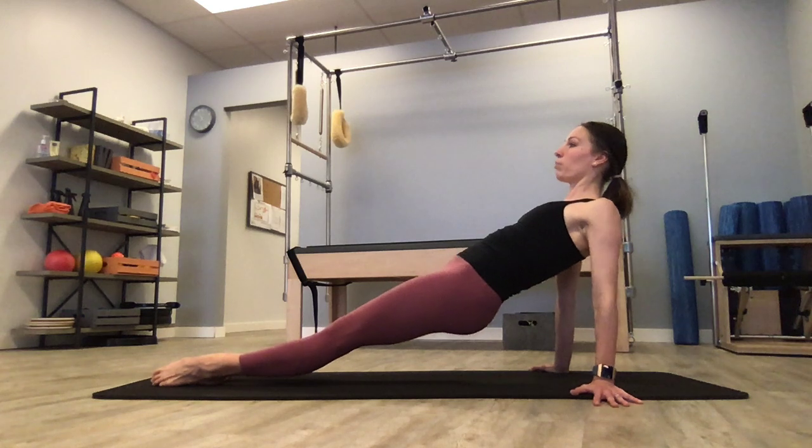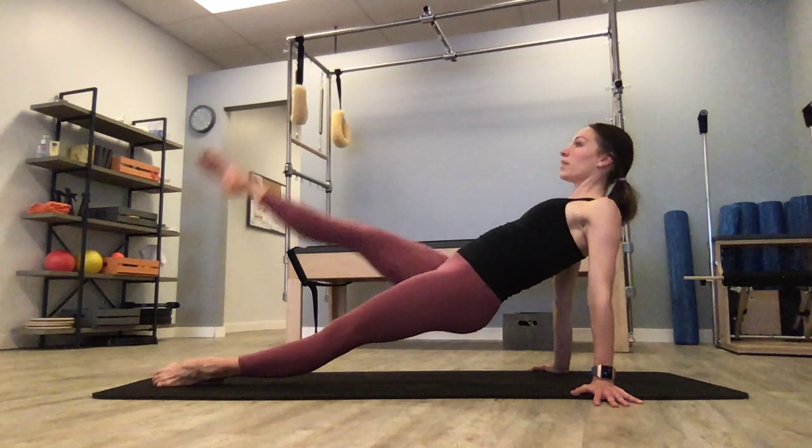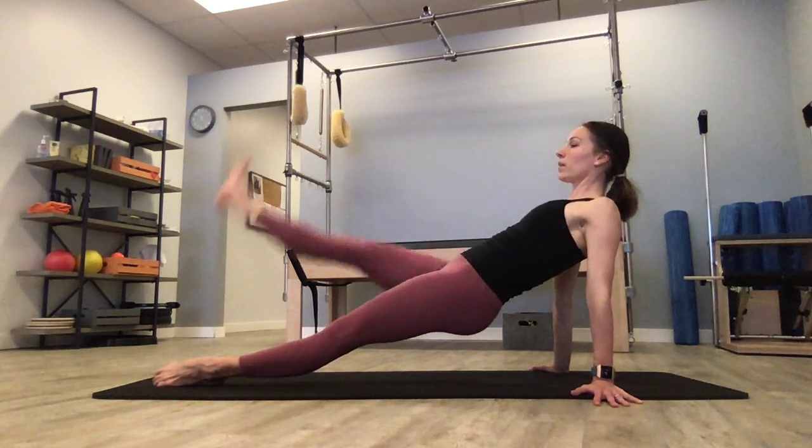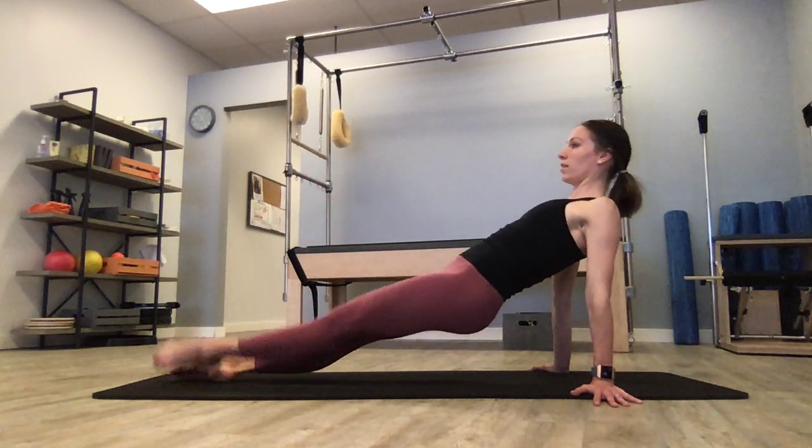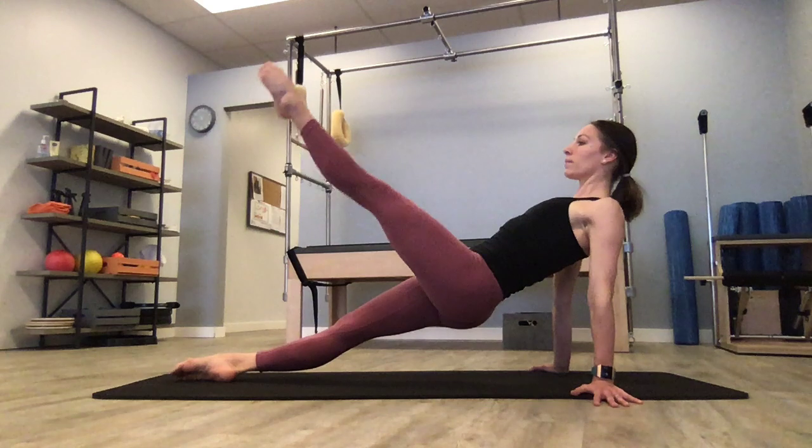All right, find that support. Push the floor away. Lifting up. 1, 2, 3. Bring it down. And 1, 2,